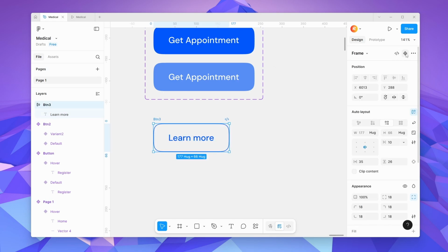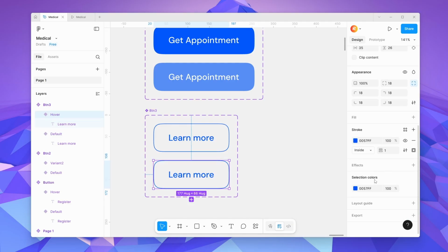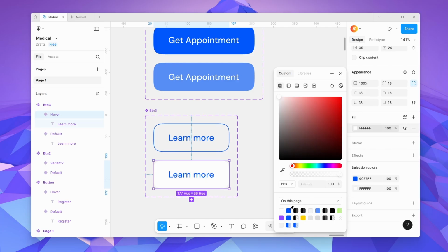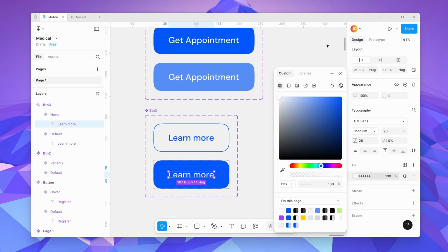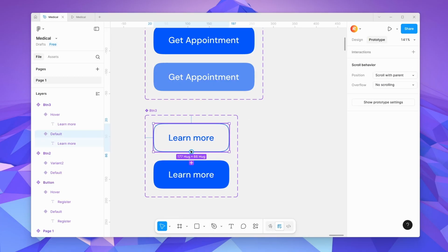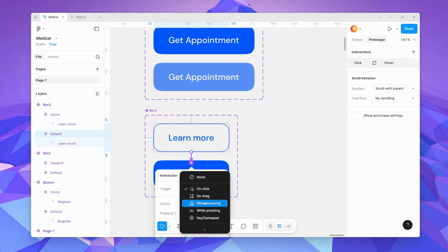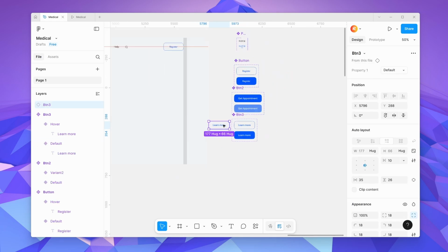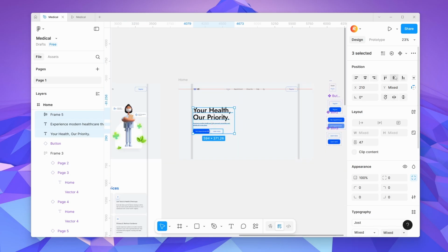And component, add variant, hover, and stroke, we are removing stroke. Add fill color. Fill color is blue, and text color is white. And go to prototype, add interaction while hovering. Now just copy and add it here. Okay, and